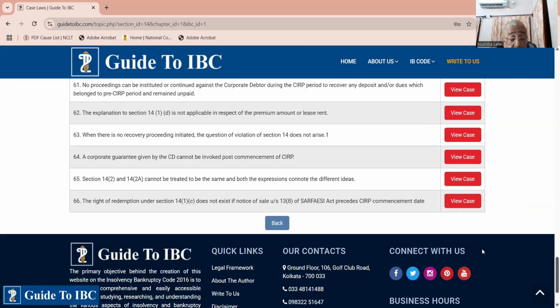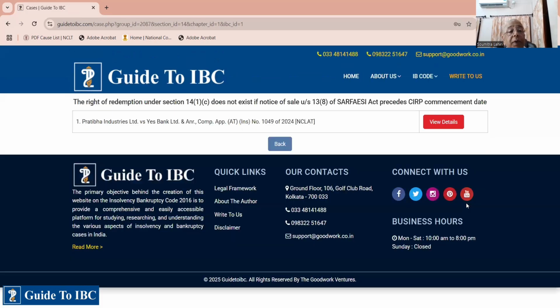This is indeed an important case. Why? The case of Pratibha Industries Limited versus Yes Bank, in which it is said that the right of redemption under Section 14(1)(c) does not exist if notice of sale under Section 13 subsection 8 of the SARFAESI Act precedes the CIRP commencement date. Now, in this particular case,